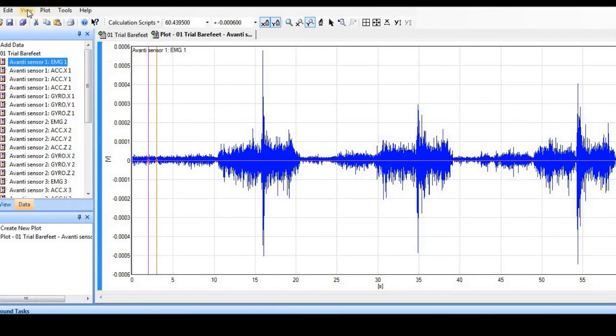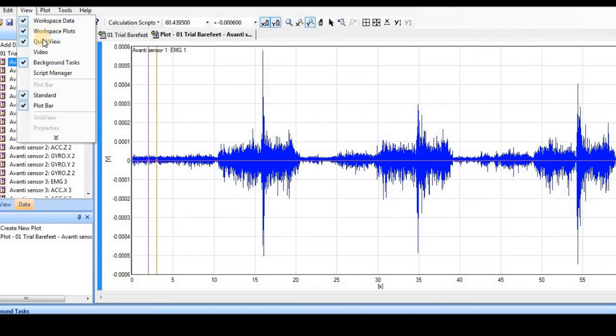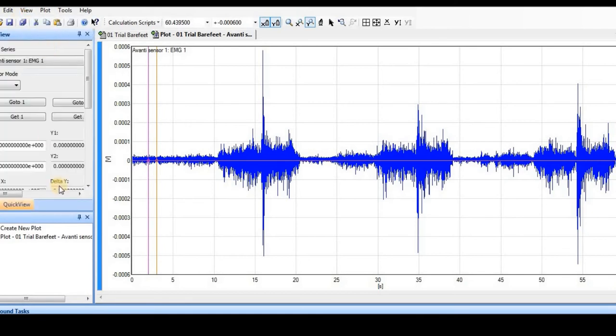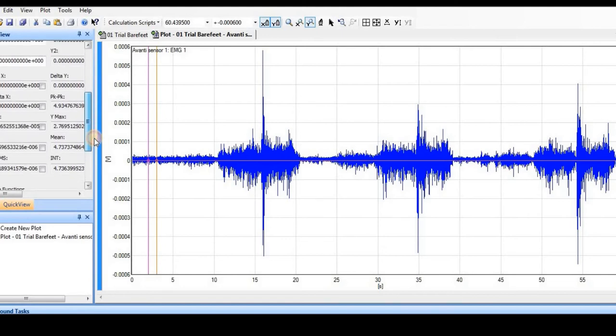To make some interpretations handy, there is a quick view option also available in the view, and when I select this quick view, you will find these are the things you can see, like the data series.